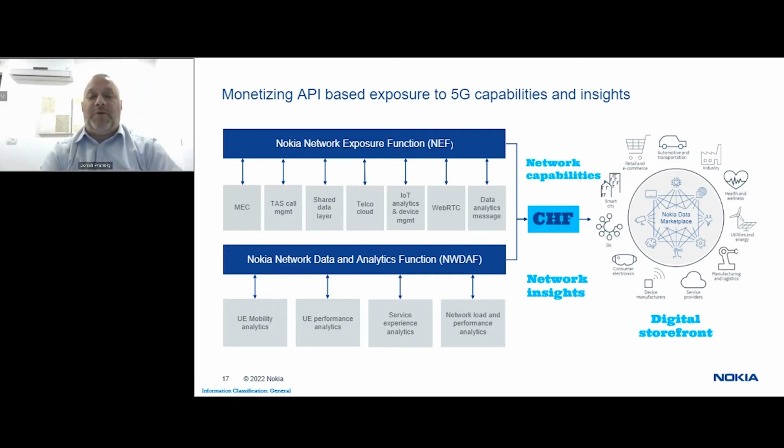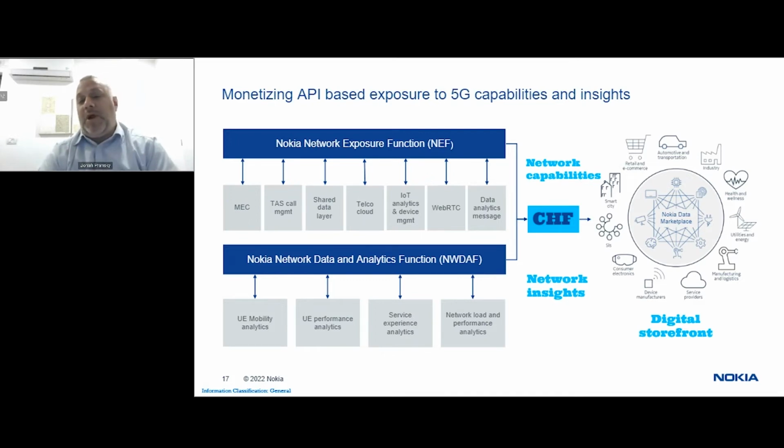And then you've got the network exposure function, the NEF, which is going to say, hey, we've got all these capabilities to use voice, send message, tell me about location, things of that nature for the devices that are on your network. We want to be able to monetize those in a couple of different ways, and it goes back to what I was saying. We want to be able to monetize every call to the network exposure function. So think of it as monetizing an API call, but we also want to have the CHF contribute to that monetization exposure function framework,